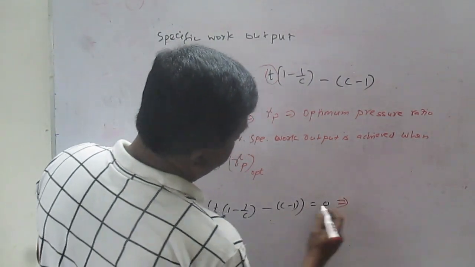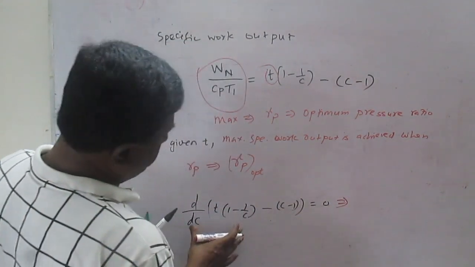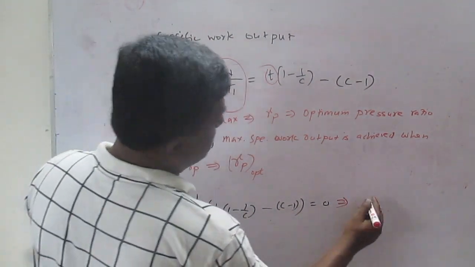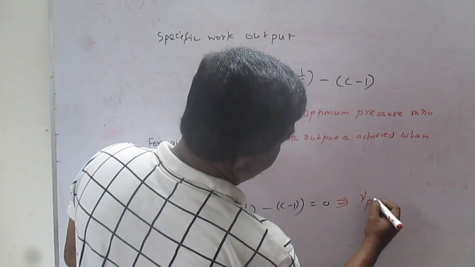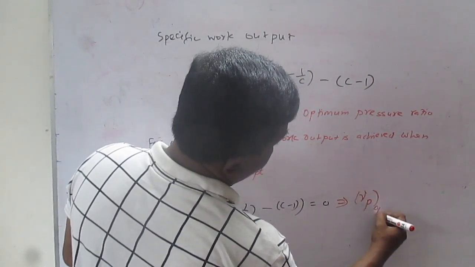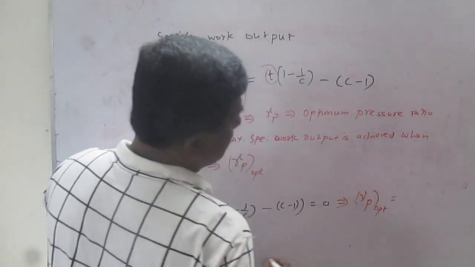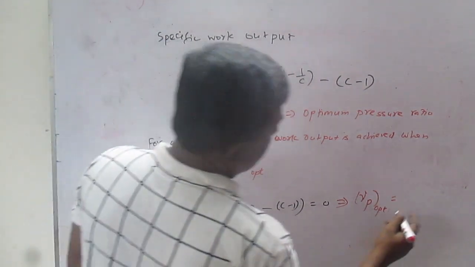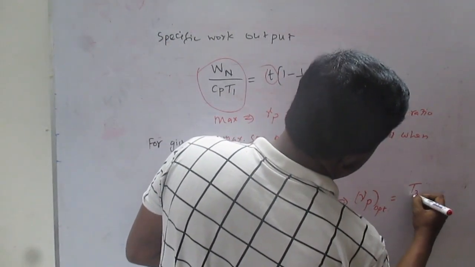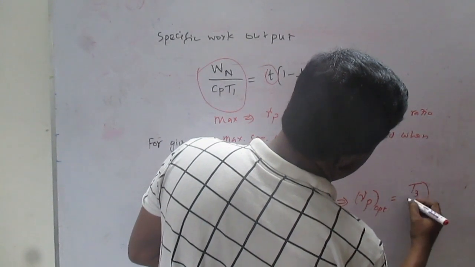After differentiating and equating to 0, RP optimum becomes T3 by T1 whole power,